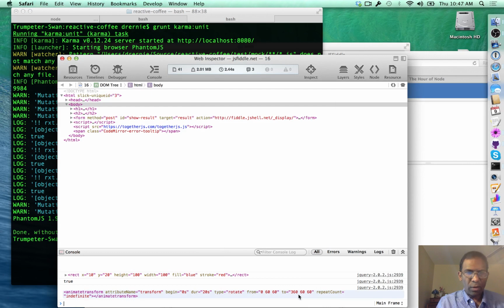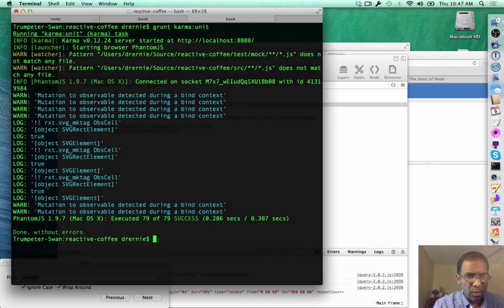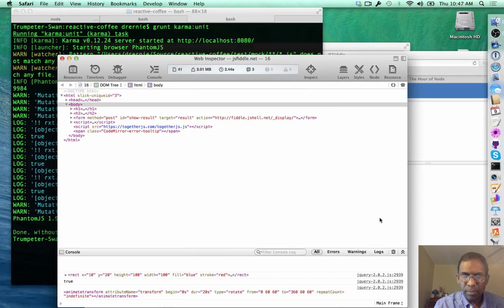Okay, so I have two identical things doing apparently identical things. The parent's an SVG rect element. Child is a element, but